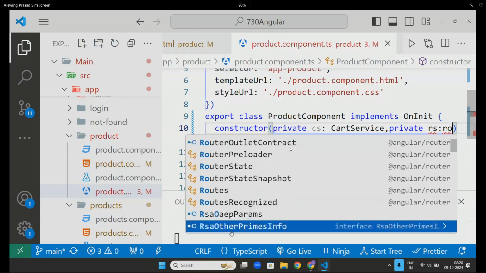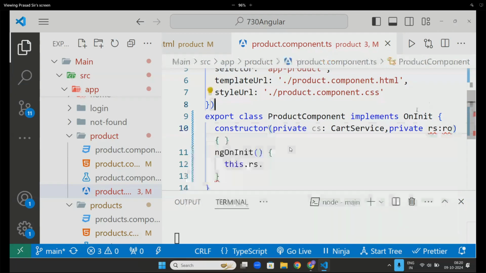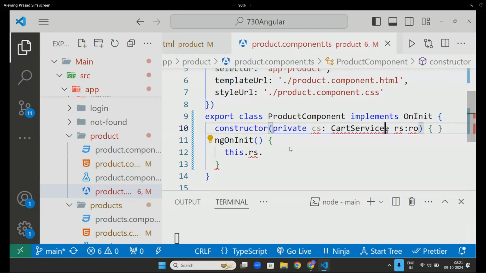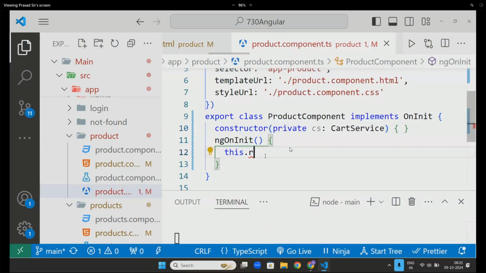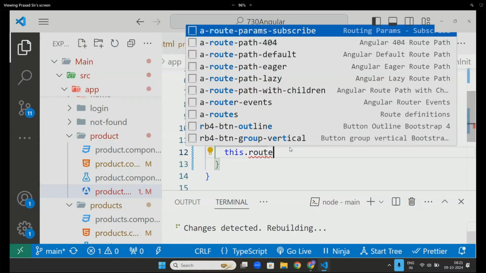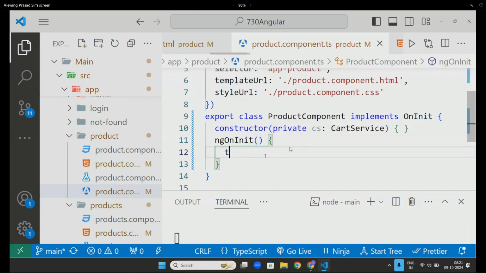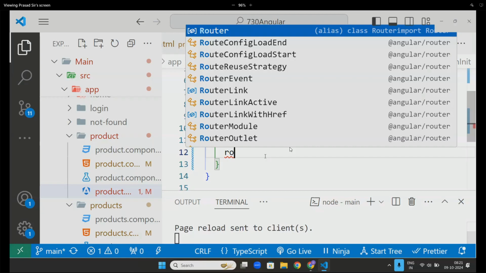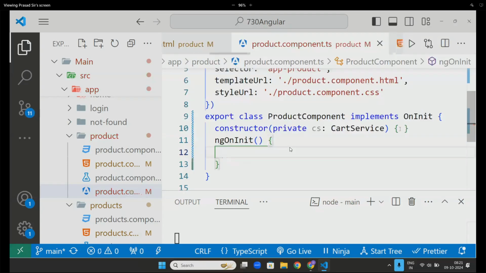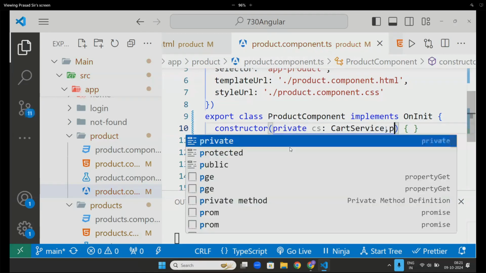Router link. This dot routes. Private. What is router?